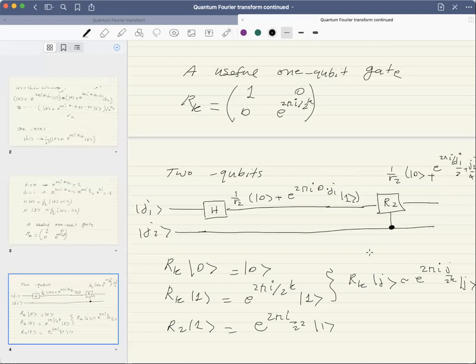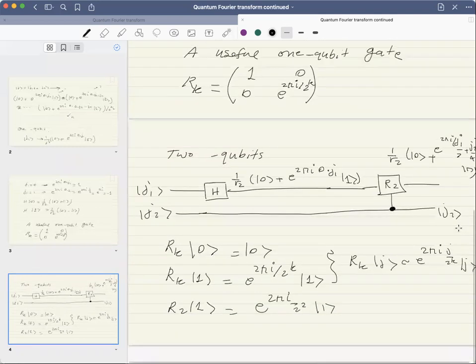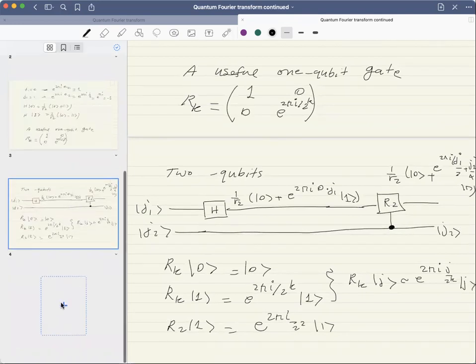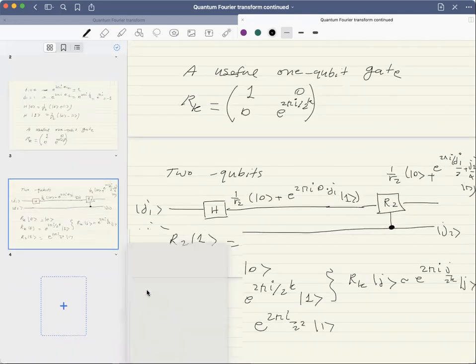Because when J2 is equal to 1, it's giving me 2 pi i times a quarter. And when J2 is equal to 0, it doesn't act, so it doesn't give me anything. That multiplies the 1. And J2 here remains equal to J2. So now we see that for this 2-qubit system, if I construct this circuit here,